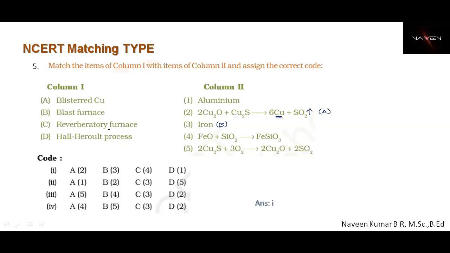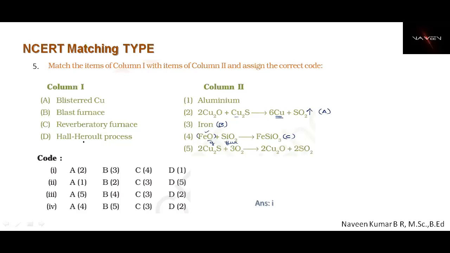So in the reverberatory furnace, for conversion of sulfide ores to oxide, the major impurity associated there will be the iron oxide. To remove that in the form of slag, silica is used as flux. So to remove the gangue iron oxide, the silica is used as flux, which is removed as iron silicate. So hence this is the reaction taking place in reverberatory furnace. So majority of all the sulfide ores have the iron oxide as impurity.